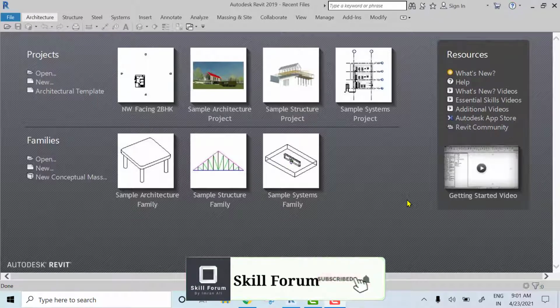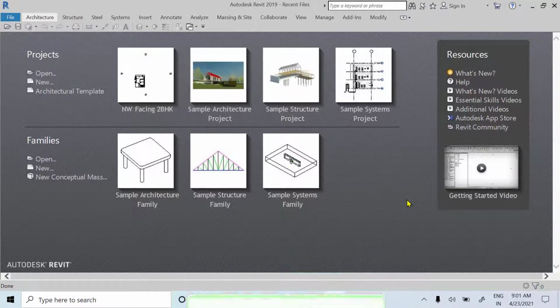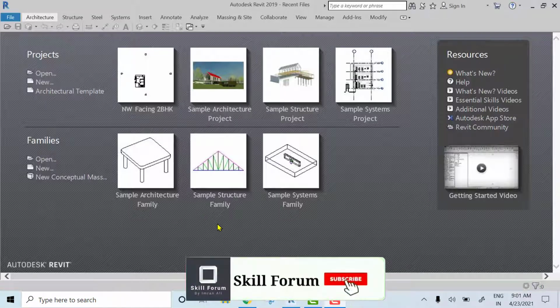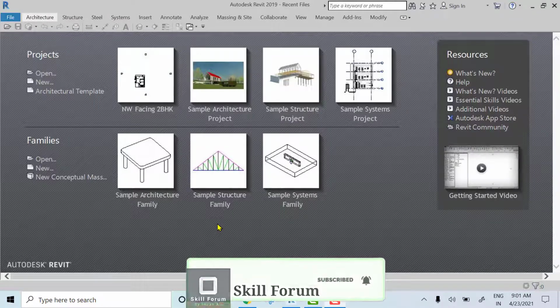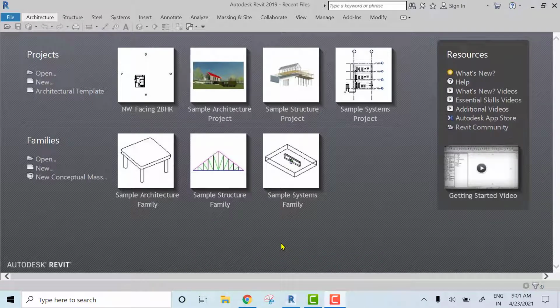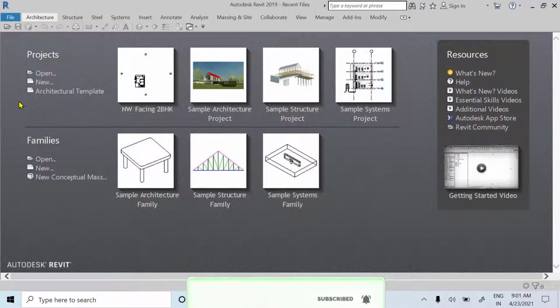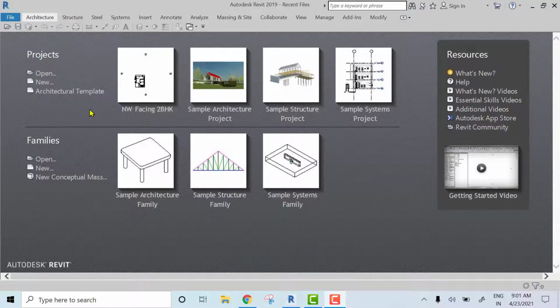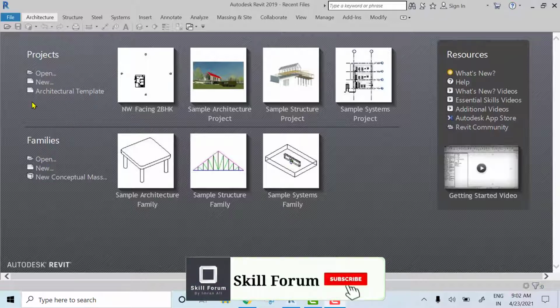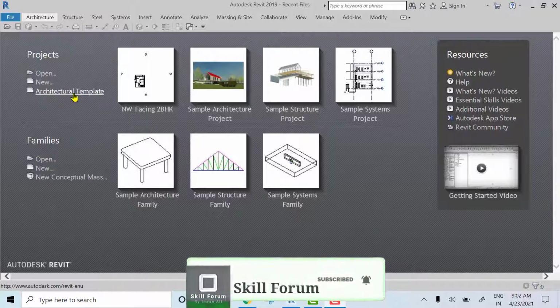So in this session I am going to show you how to create your own Revit architecture template, how to customize your Revit architecture template, and also how to upgrade the older Revit architecture template into a new version of Revit architecture template. Usually, if you have an old version of a Revit architecture template, you will get one window to upgrade into the newer version. So I will show you how you will get it.